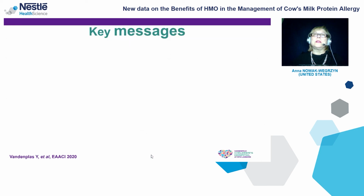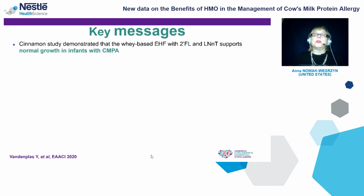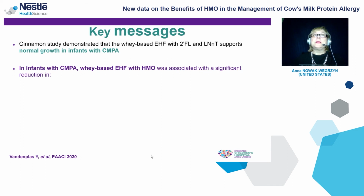The second very important message from the studies exploring the whey-based extensively hydrolyzed formula with human milk oligosaccharides comes from the cinnamon study. That study showed that long-term ingestion, the feeding of the formula for 4 months, is associated with normal growth in infants with cow's milk protein allergy. Furthermore, as a secondary outcome, the cinnamon study showed that this whey-based extensively hydrolyzed formula with human milk oligosaccharides was associated